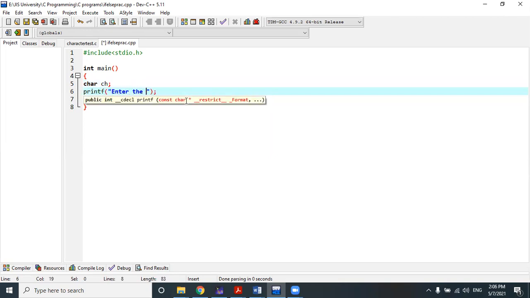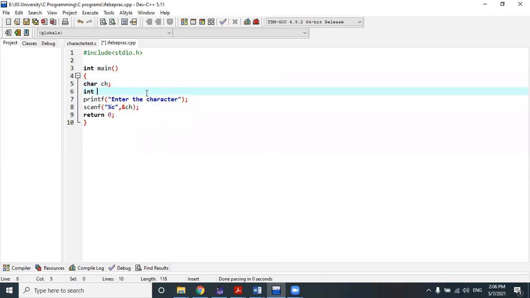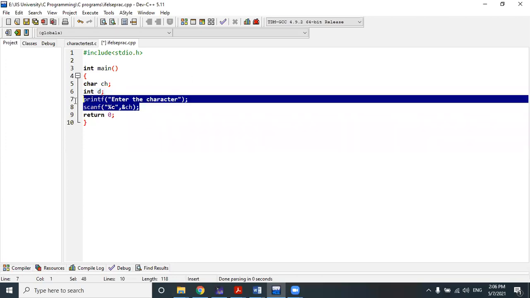But if I use more than two, like integer or float type, changing the data type, then it doesn't take the character type. Okay, in this way it will take the value, right? But when you use more than one, like this, int d. Okay, let's check it out.